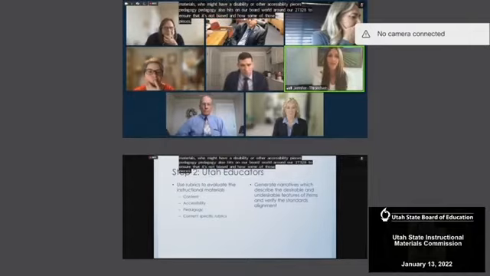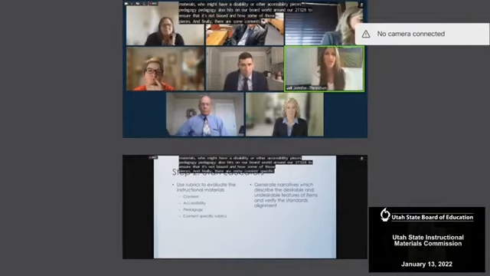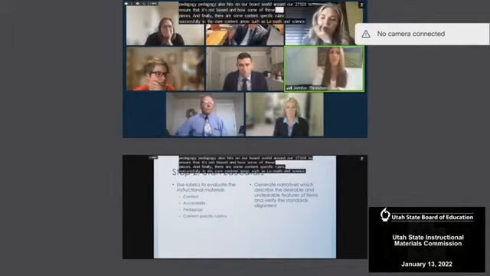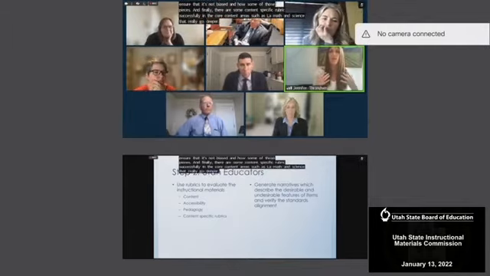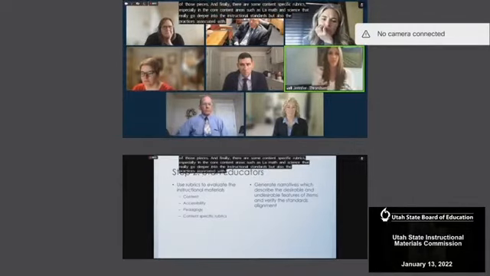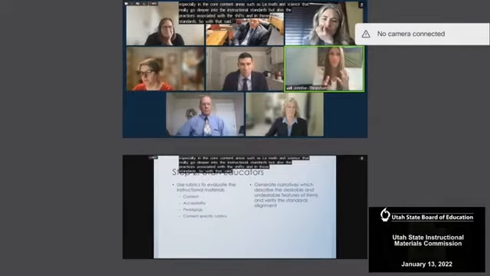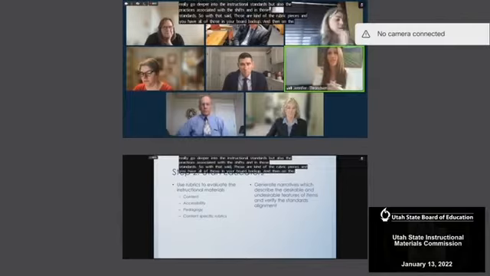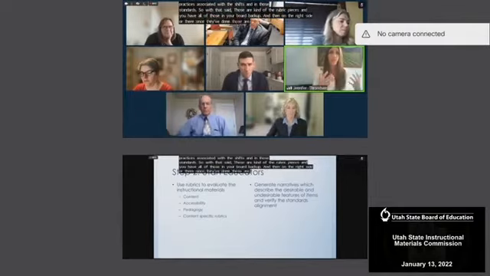And finally, there are some content-specific rubrics, especially in the core content areas such as ELA, math, and science, that really go deeper into the instructional standards, but also the practices associated with the shifts in those standards. So with that said, those are kind of the rubric pieces, and you have all of those in your board backup. And then on the right side are they, once they've done those reviews, they've looked at the rubrics,